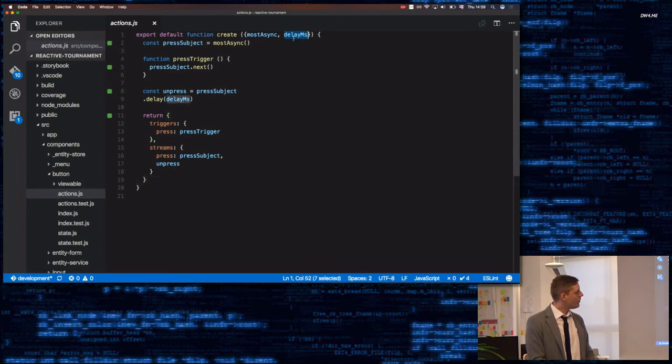Notice here, it's hard to test when you have time. If you do something, it takes 500 milliseconds, you need to add something called a scheduler. So you can have a virtual scheduler so you can do better testing. Screw it. As long as you can, just inject how long it takes and put it to 1 millisecond or whatever. So you test that it takes 1 millisecond, but you don't need to learn about schedulers, go with it until it becomes a problem. And by then you're so advanced and good at observables that a virtual scheduler is not a problem. But for now,